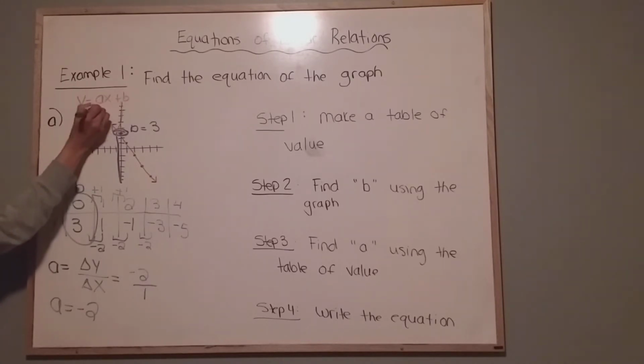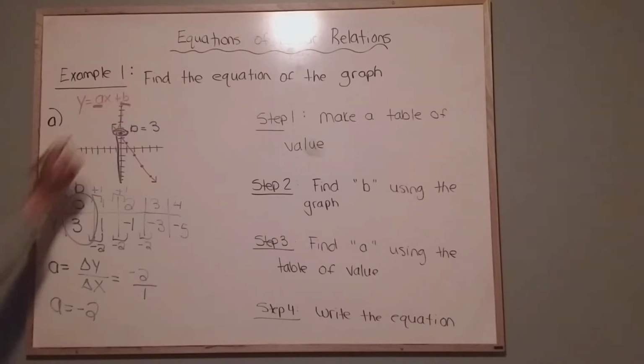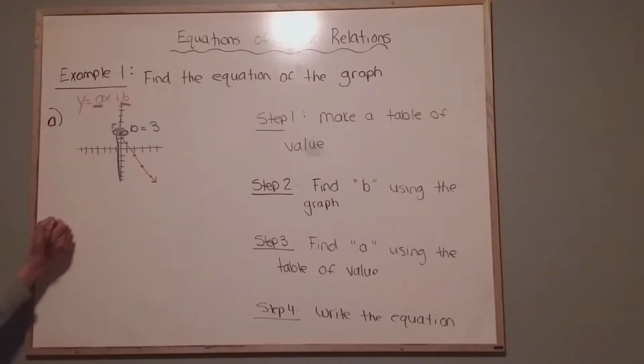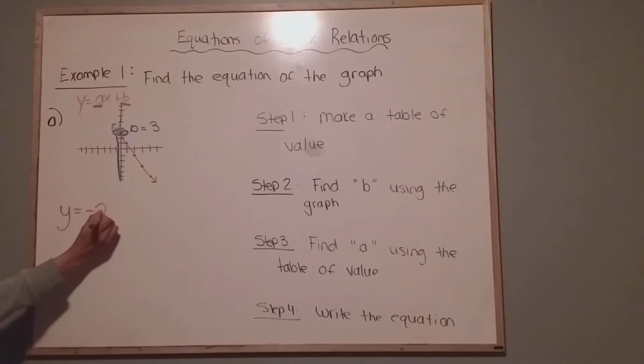And we're asking you to find your A and your B. I found my A and B. I'm just going to erase this. So now I just substitute those in for these letters. So my equation becomes y is equal to negative 2x plus 3. And this is your final answer. That is my equation